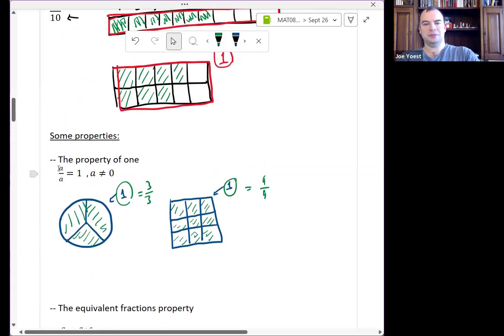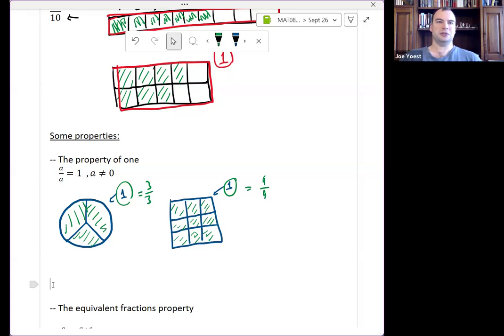And as an aside, we can go either way with this, right? We can either say that if I have 3/3, I can rewrite that as 1. But also, if I have the number 1, I can choose to think of 1 as 3/3, or as 4/4, or as 8/8. Sometimes that will be a helpful property for me. So I'll choose to think of 1 in a creative way. Maybe in one context, thinking of the number 1 as 5/5 is actually really helpful. Maybe in another context, thinking of it as 7/7 is really helpful.